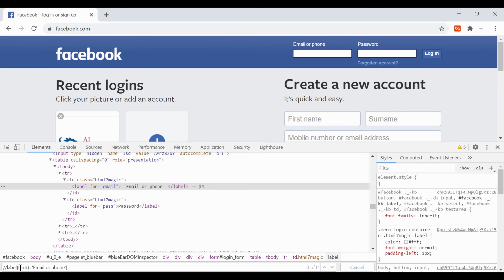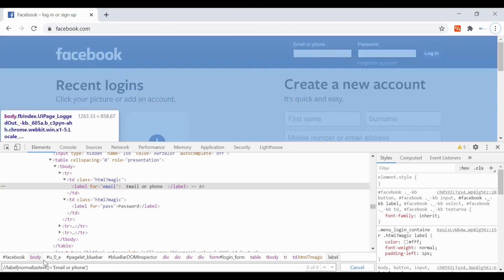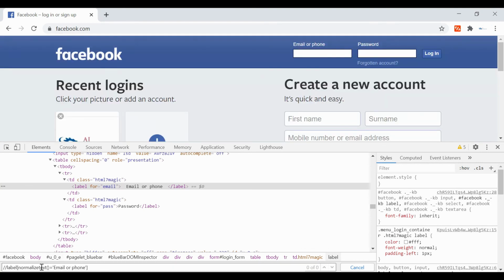With the text, normalize-space. It is a function, so give brackets, then get the text inside. This is the text.